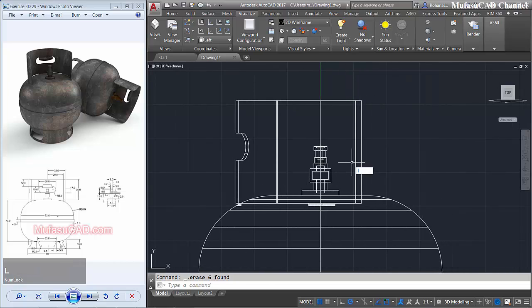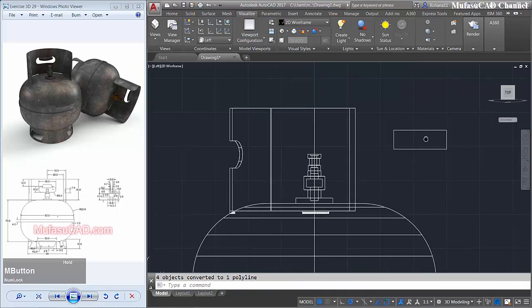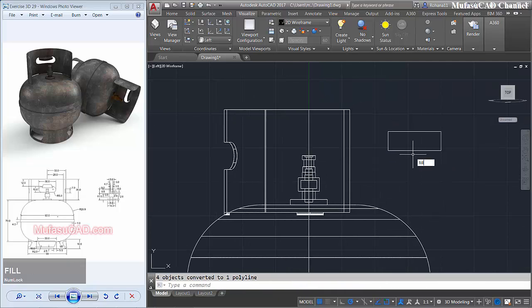I will create a line start from this point to the bottom with 7, and to the right 20. Move to the top 7 and close. Use the join command to join all these objects, and I will fillet it with a radius 2.